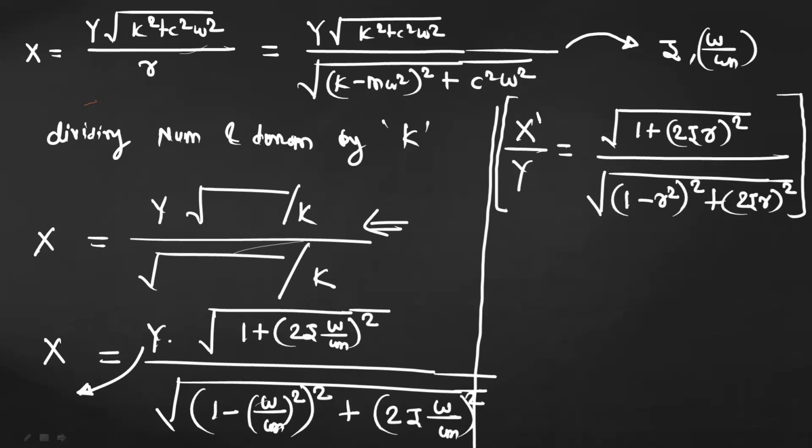So this left hand side X upon Y is called the motion transmissibility. So here this equation X upon Y becomes a function of zeta and the frequency ratio. Okay. So by using this equation, we can study the effect of various damping factors and the various frequencies on the motion transmissibility. Okay. And with the help of that characteristic graph, we can select the proper value of damping and the frequency ratio to achieve the desired value of the transmissibility. Okay.